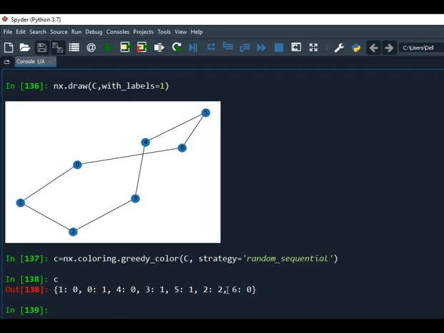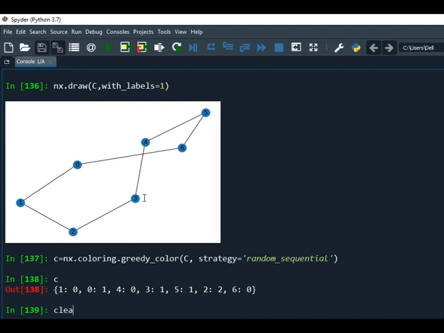The idea is you can assign, let's say, color number 0 to odd-positioned vertices and color number 1 to even-positioned vertices. Since it is a cycle, the first as well as the last vertex will be connected. In that case, you can't assign the same color to them, so one additional color is required. So if the cycle is of odd length, then three colors are required.